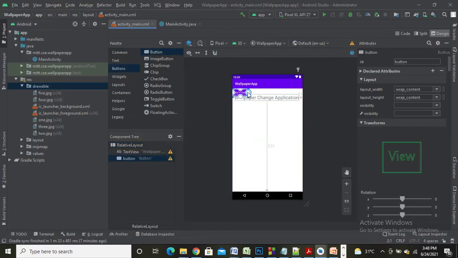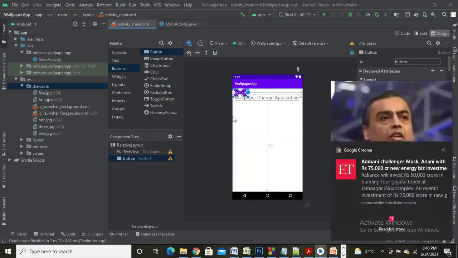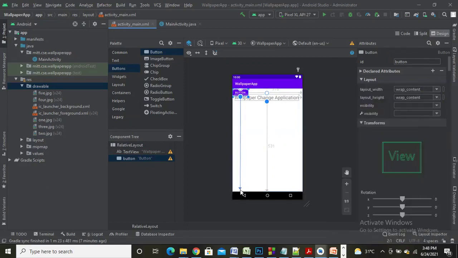So let me make this component movable towards horizontal by dragging this circle to the end. Similarly, let me make this component movable towards vertical by dragging this circle to the bottom. Now I can drag this button and place it wherever I want on the screen. So let me place it in the middle of the screen.